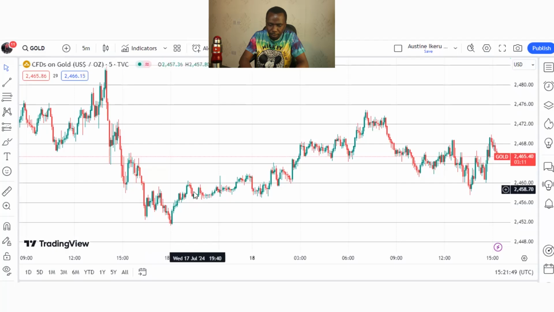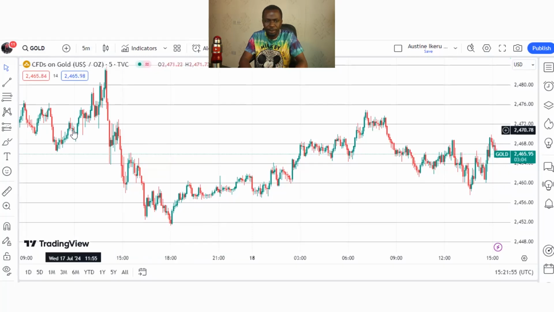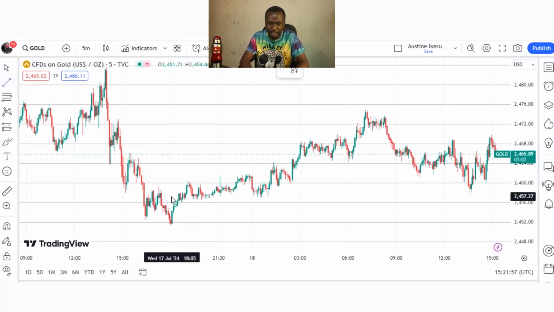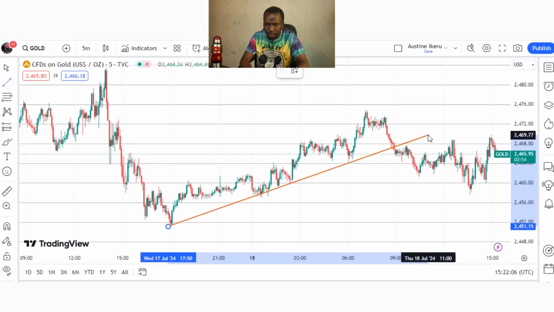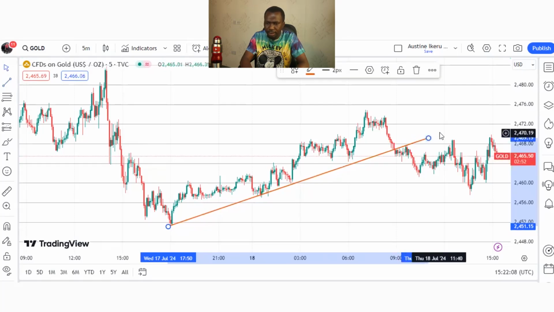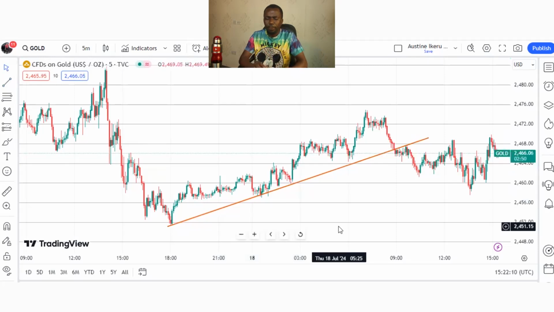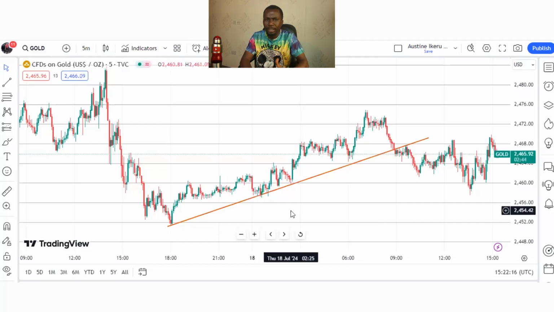So now we can clearly see in the 5-minute time frame the market is going up. The market is in an uptrend. So for us to confirm that, we have to plot out our trend line and connect it to the lows, right? So now we have connected the trend line to the lows. Now that we have connected the trend line to the lows, what are we going to trade right now? We'll be trading two things. We'll be trading the bounce and the breakout.